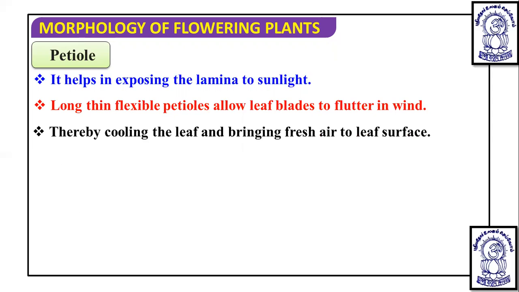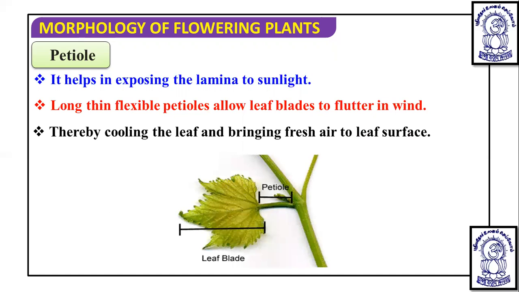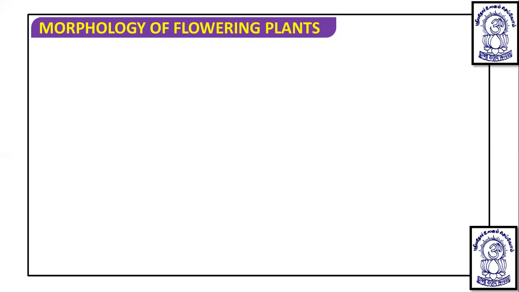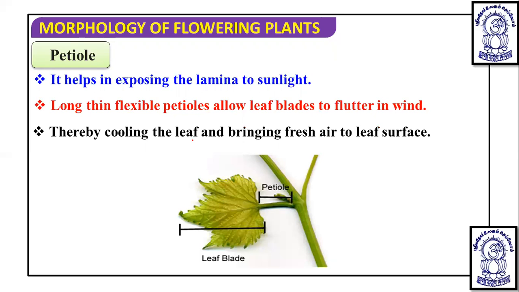And due to this fluttering, they get cooling of the leaf and bring fresh air to the leaf surface. You can see this is a petiole, this is a leaf base, okay, leaf blade or lamina. Now, one more thing that you should remember, that this petiole is flexible